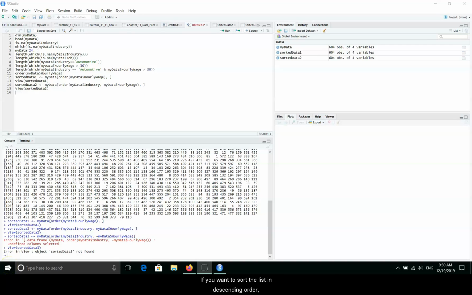If you want to sort the list in descending order, for example, if I want to sort all the employees within each industry by hourly wage in descending order, because hourly wage is a numeric field, all I need to do is put a minus sign in front of hourly wage in the order function. So for example, if I want to store the new sorted list in a new data frame called sorted data 3,